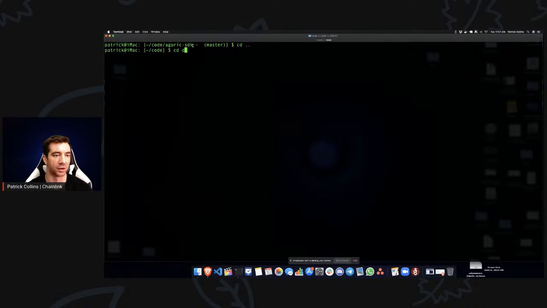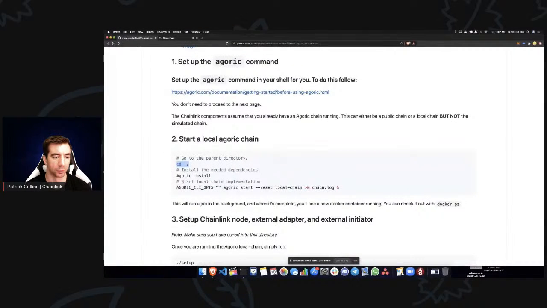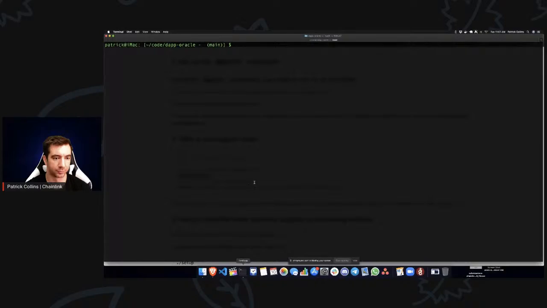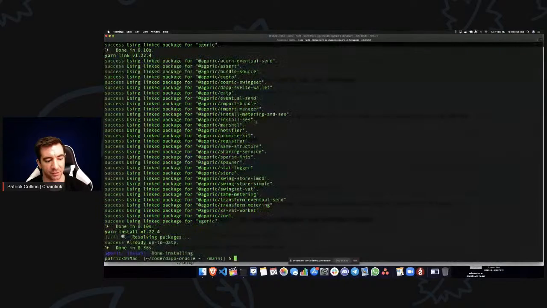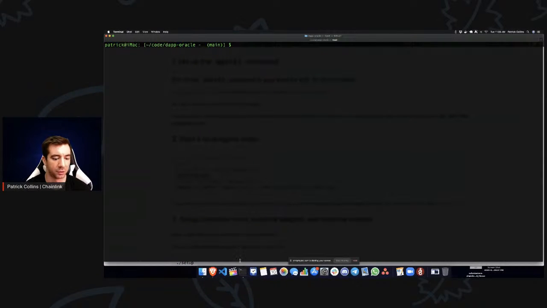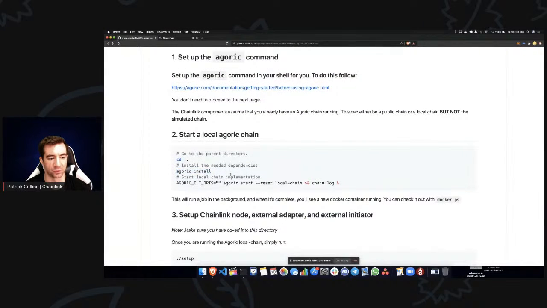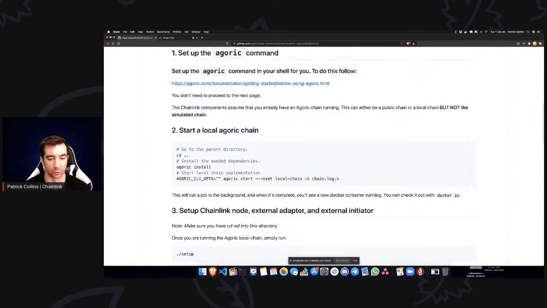We're going to go to this dapp-oracle repo. We're going to run agoric install, and this will install all the dependencies that are listed in this repo. It's great, done installing, and then we're going to run this command. So this is actually going to start the local chain implementation. We're going to run it in the background and output